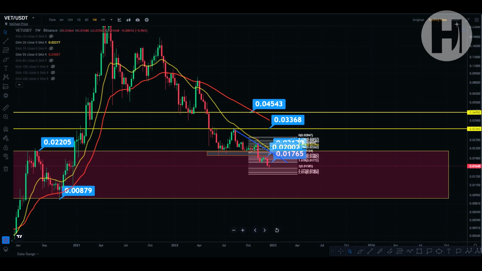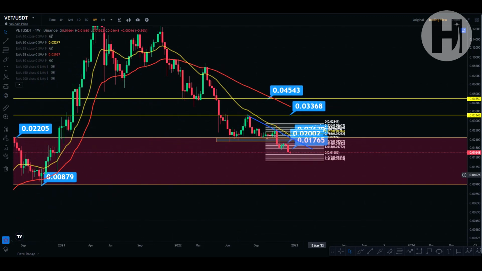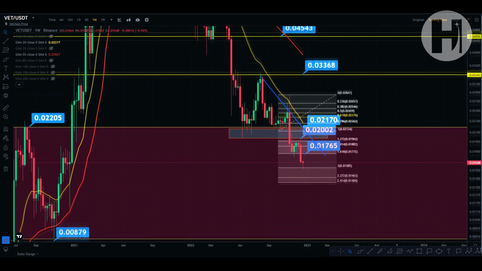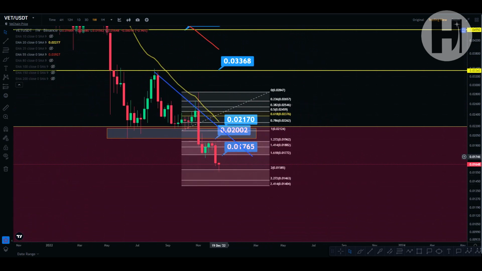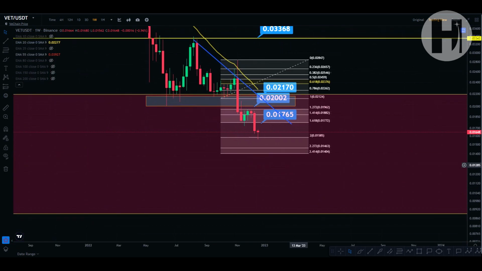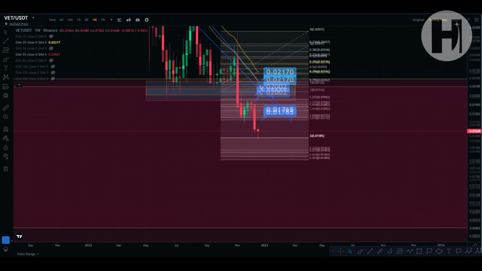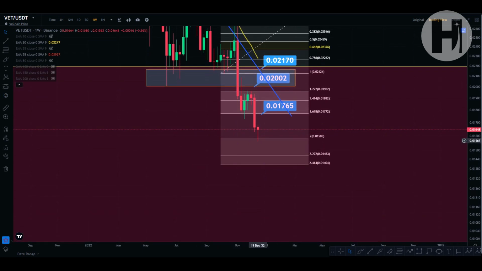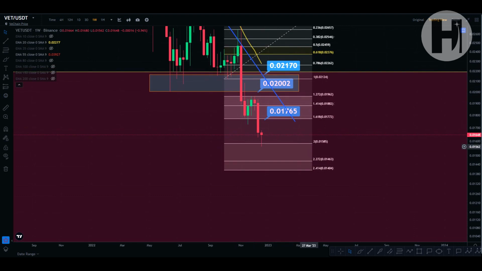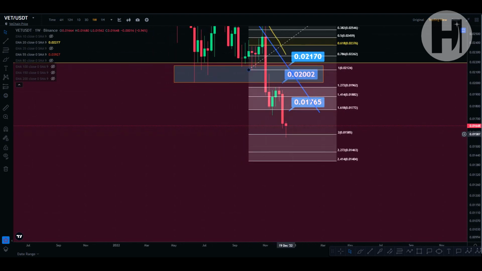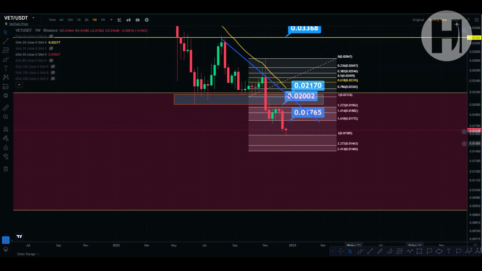Taking a look at the weekly chart, as you can see, we do have the Fibonacci retracement that I showed you in the last video, and we're below the 1.618 target that I gave you at 0.01772, and we've actually wicked below the second fib level, which is the capitulation target at 0.01585. So from that level, you're already up around 4% if you entered. But obviously, this doesn't mean that we're going to see a bounce to the upside.